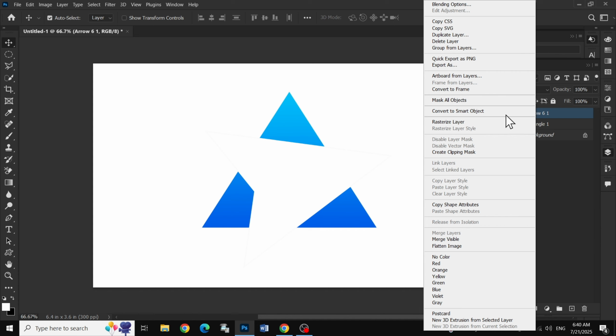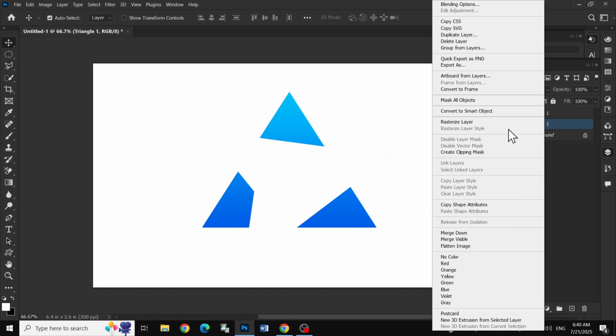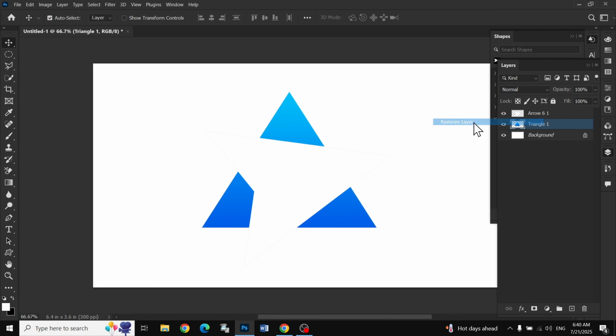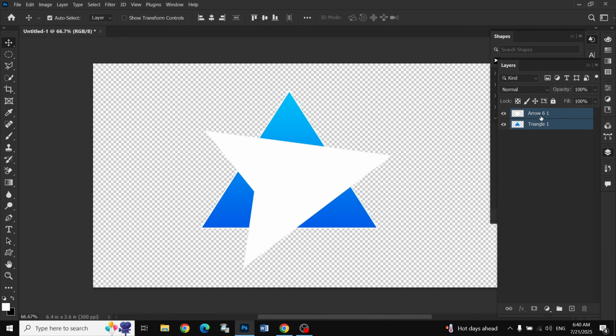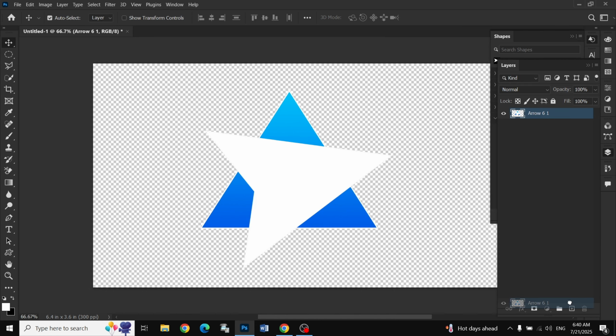Right click and click the rasterize layer and do same. Then after, just delete this. Select all, right click and merge the layers. Now to copy the layer again